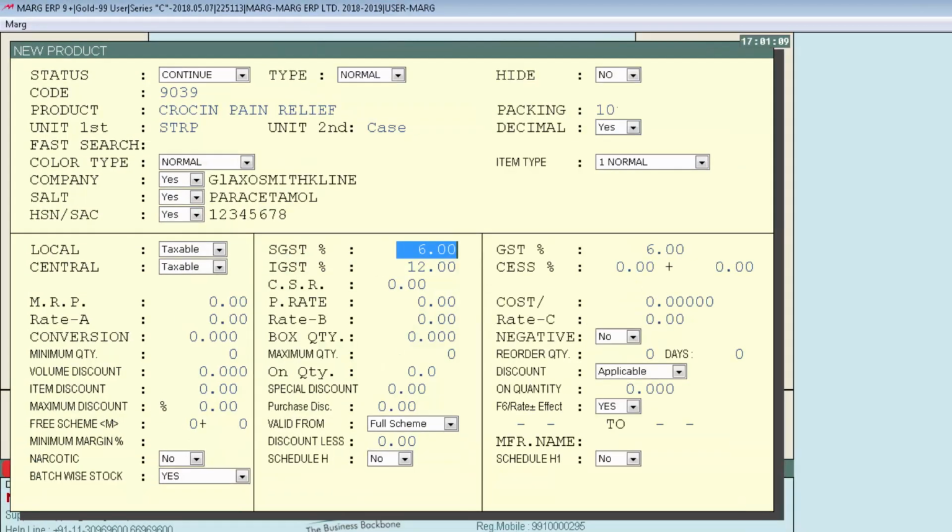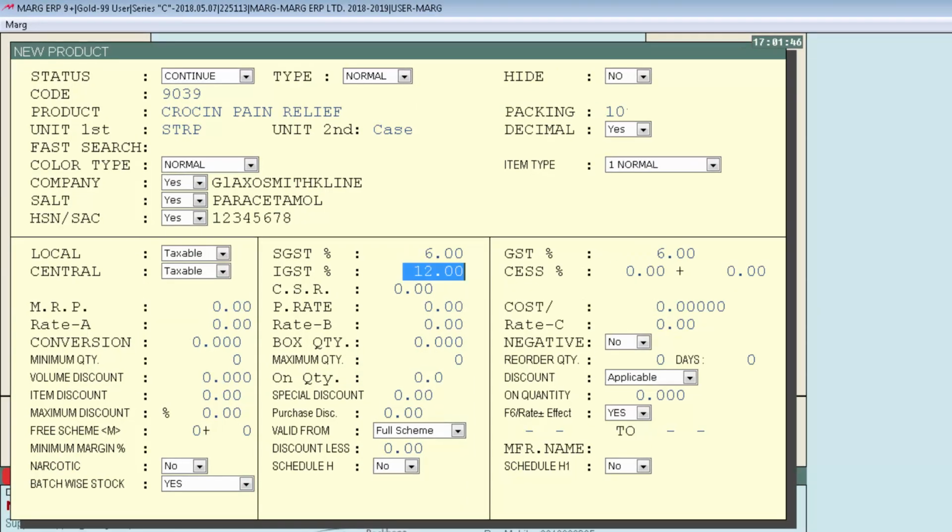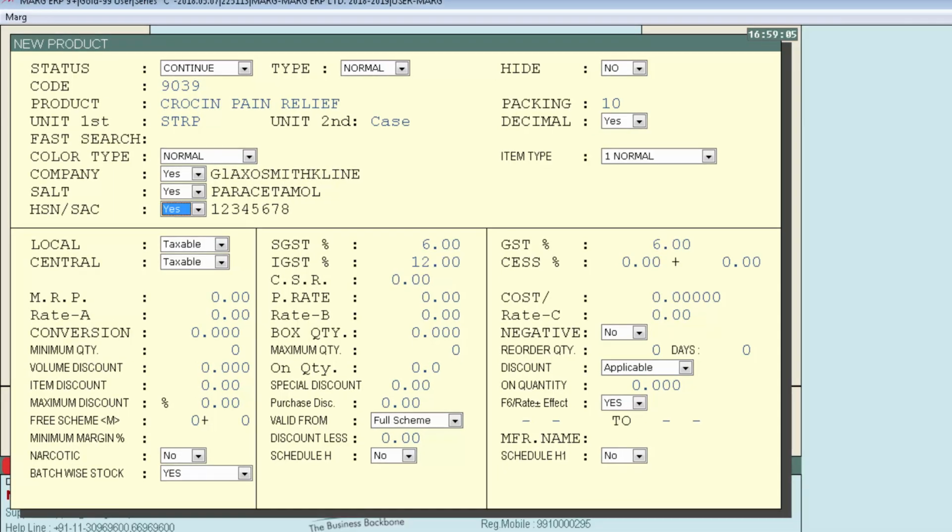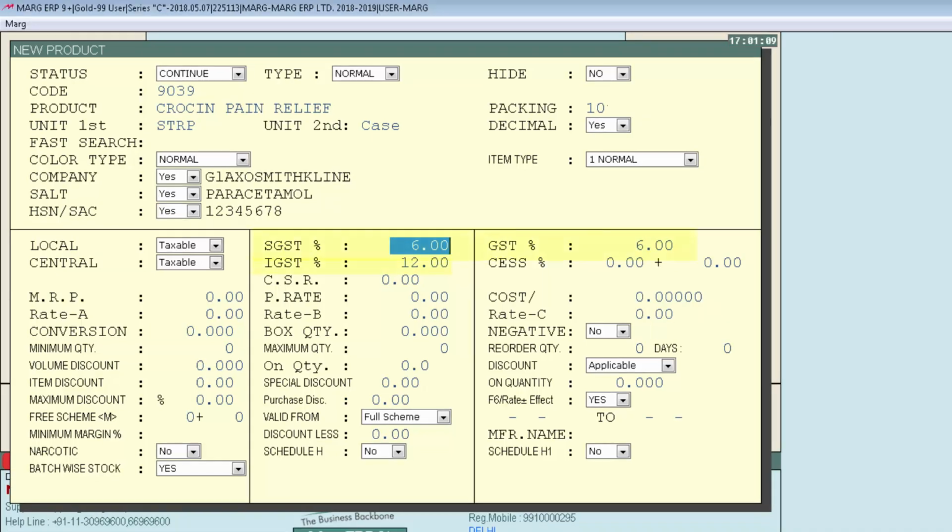Then is tax percent. The software will auto pick SGST, CGST and IGST on the basis of your HSN code. Meaning if you have selected the HSN code of this item, then the software will automatically pick the tax percent here on the basis of the tax defined in that HSN.